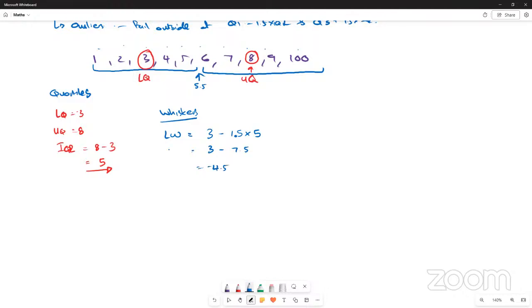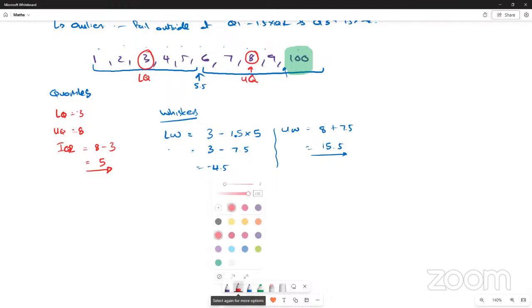If we're looking at our upper whisker, on that same token, it'll be equal to my upper quartile 8 plus 7.5, and we can see that's going to be 15.5. And 15.5 would mean that the upper bound of the data would be 15.5. Anything outside of that would be an outlier. And so immediately I can say, therefore, our outlier is equal to 100